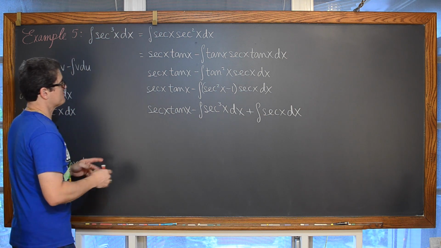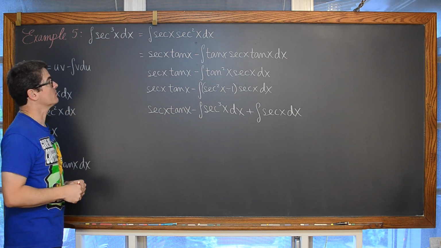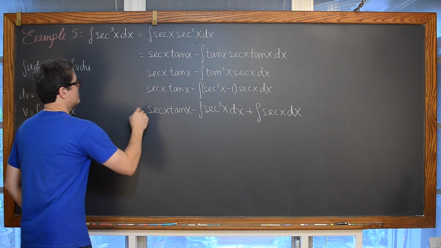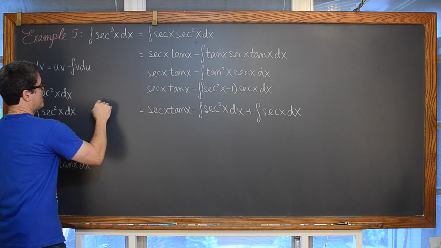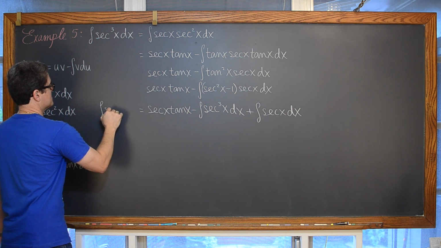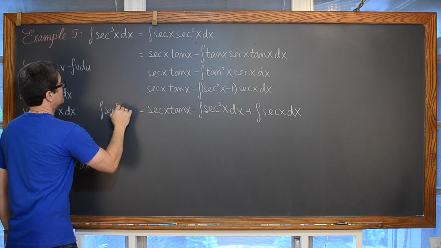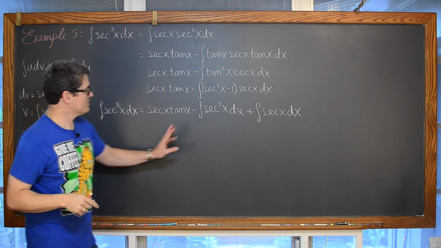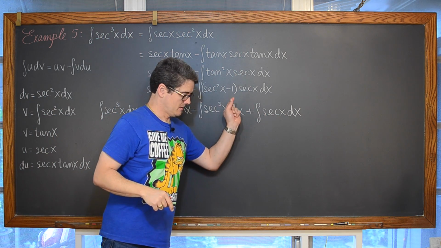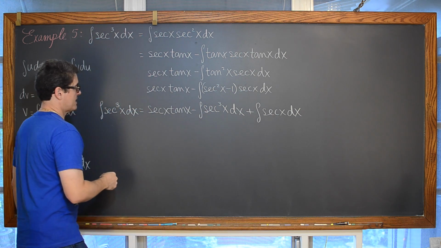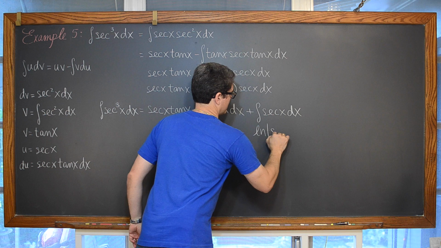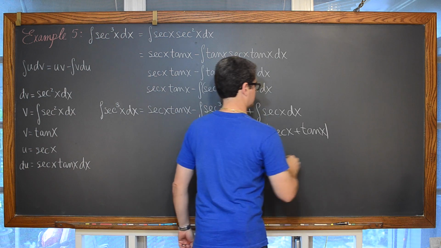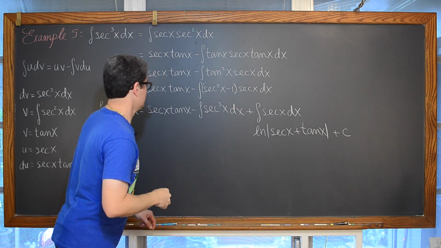Now, at this point, we started off trying to integrate the indefinite integral of secant x cubed, and we have another secant x cubed. We had this happen when we first went through the process of learning how to work with integration by parts. Sometimes we kind of circle back to our original integrand. So the indefinite integral of secant of x is the natural log of the absolute value of secant of x plus tangent of x. Get that plus c in there.